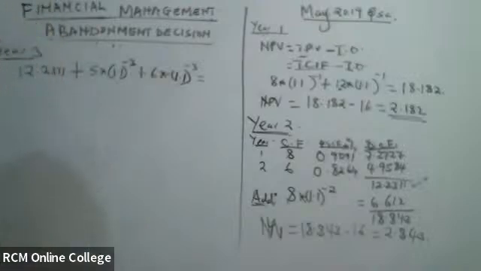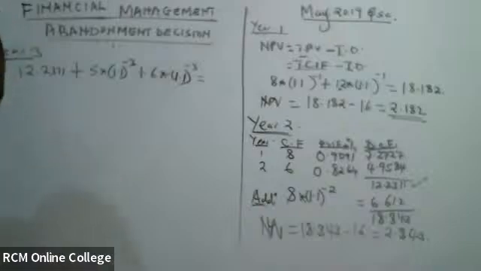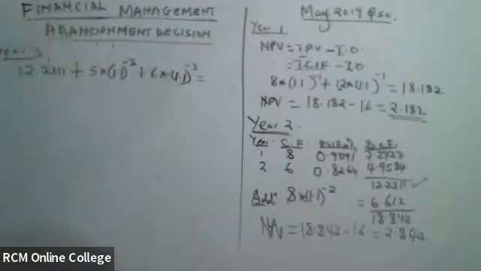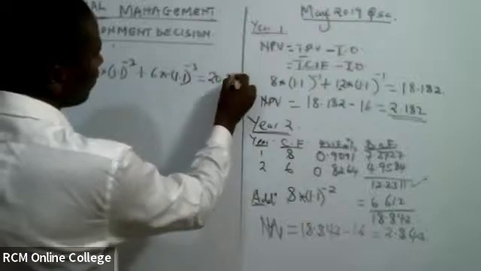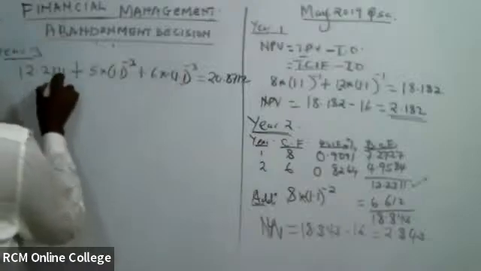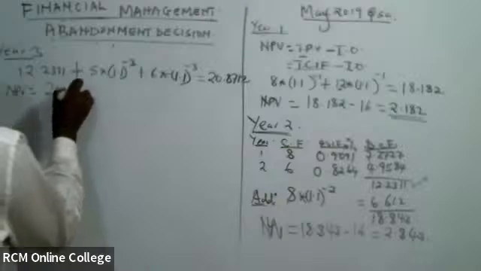Class, how much shall we get when we compute that? Tutapata ngapi tukicompute, tukihesabu hiyo? 20.8712. Then we less, to get the NPV at that point, we less